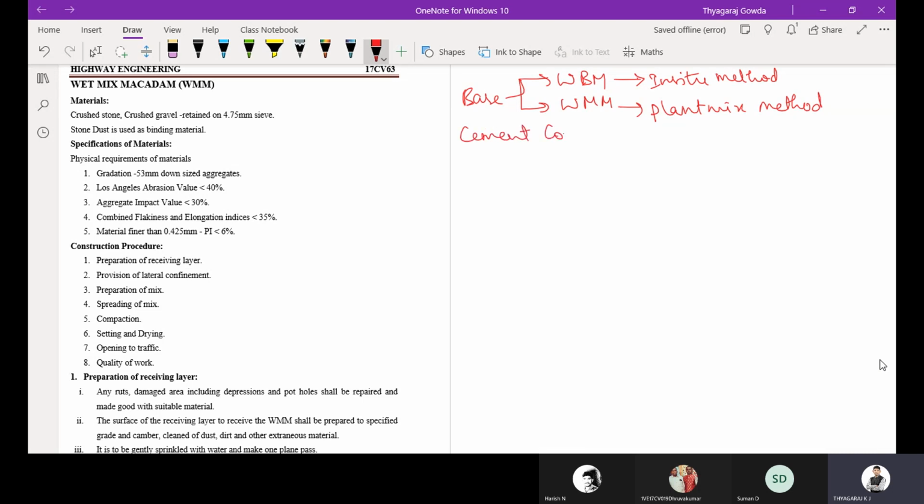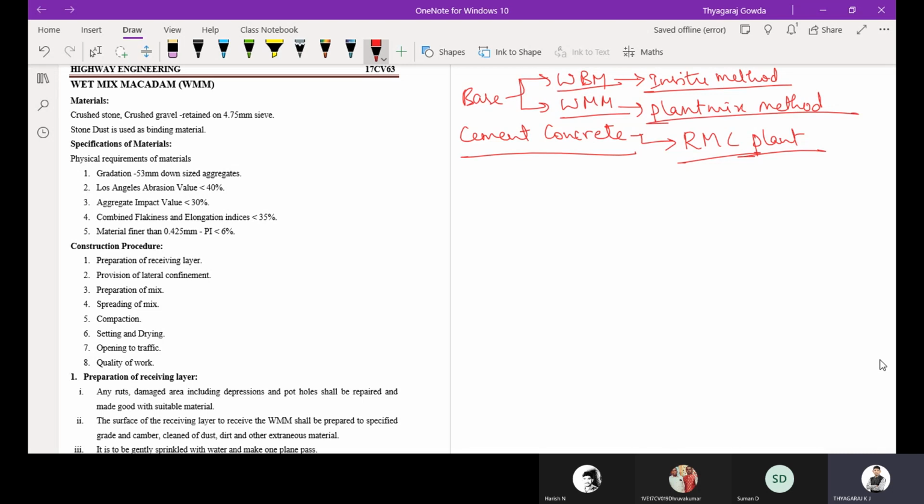What is the place where cement concrete is prepared called? Batching plant or RMC, ready mix concrete plant, right? In the site also you can prepare cement concrete, and in the RMC plant also you can prepare. Similarly here, water bound macadam is an in situ method, wet mix macadam is a plant mix method.